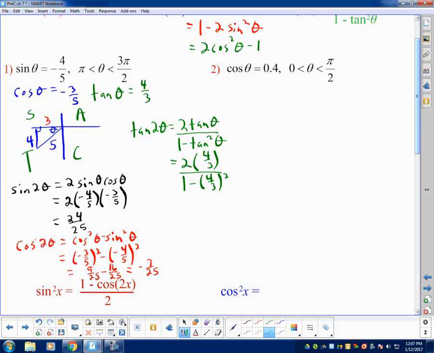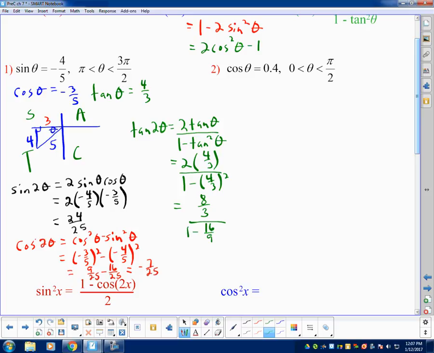Unfortunately, with the tangent double angle formulas, we have a complex fraction. It's kind of a bummer. So the goal with the complex fraction is to get one fraction on the top. That's easy. It's 8/3. And then another one on the bottom. It's a little more work here. So we have 1 minus